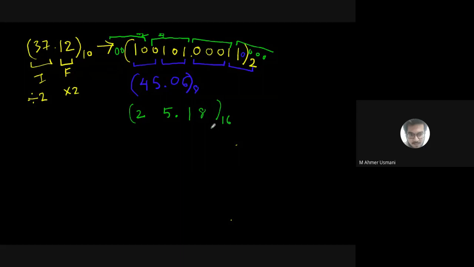Is the conversion clear to you? Yes, sir. So this is how we basically do the conversion. There are other methods also. If I want to convert this number directly, I can divide by 16 and multiply by 16, which is a hectic part. The easiest way is to first convert into binary. From binary onwards the solution is quite simple. It is not that difficult at all.